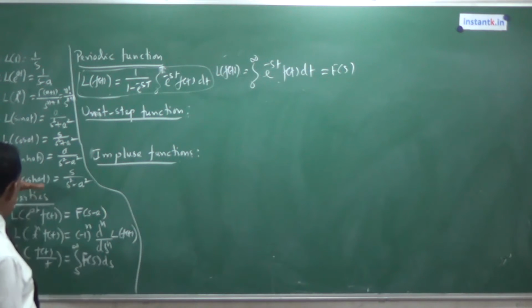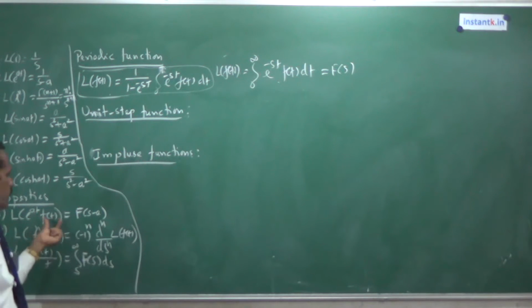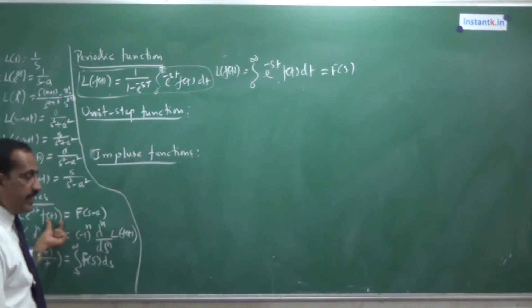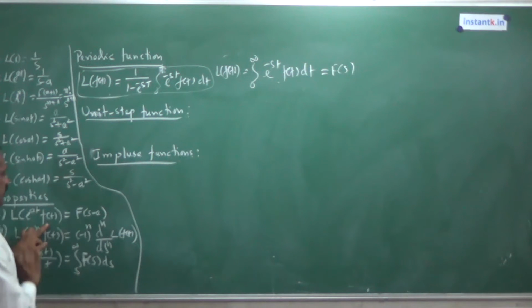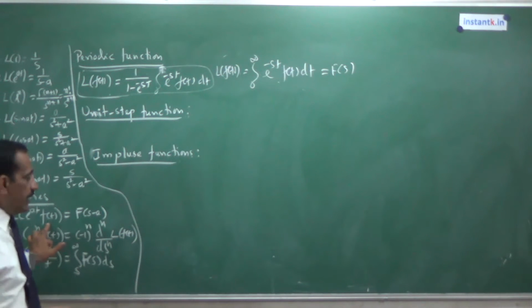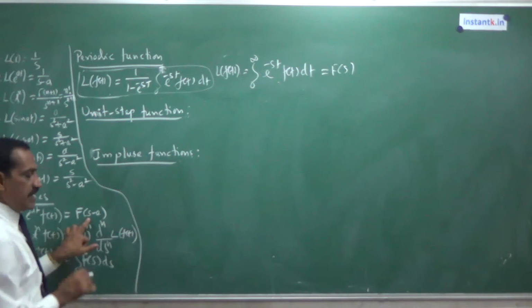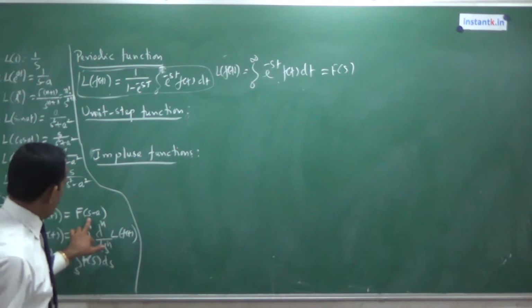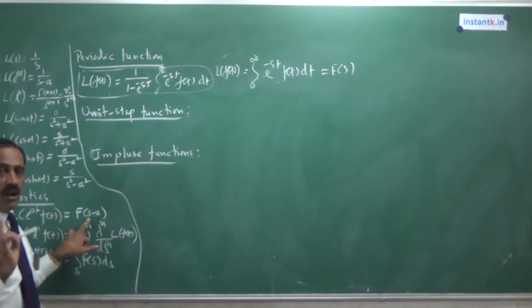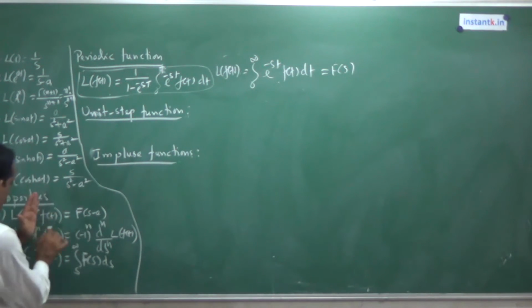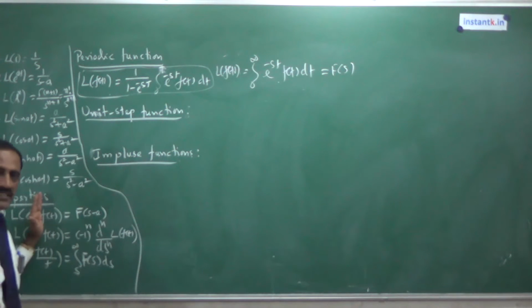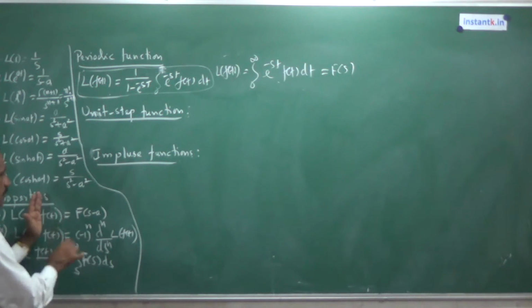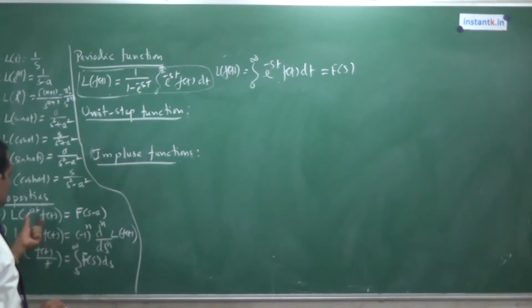Next, some 3 properties are there. What are these properties? If you know the Laplace transform of a function f of t, let it be F of s. Then, if f of t is multiplied by e power at, the answer is obtained by replacing s by s minus a in the Laplace transform of f of t. So it is a simple rule, called the first shifting rule. Using this property, we should know how to get the Laplace transform. In the answer, you replace s by s minus a. So that is the Laplace transform of e power at into f of t.